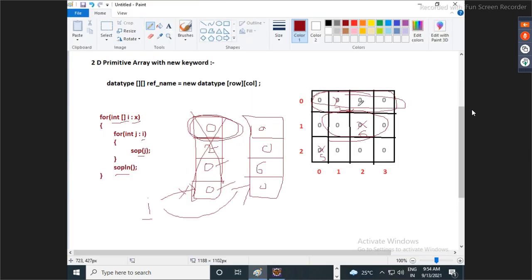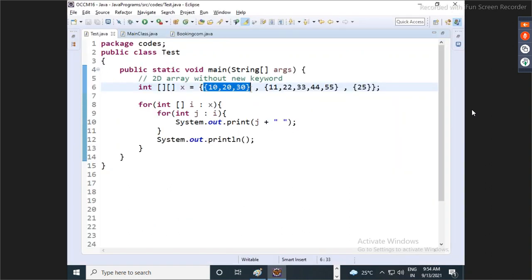Every row is a separate array. So guys, indirectly, can I say array inside another array? Yes or no? Two dimension means what you are doing? One array, you are keeping inside another array.